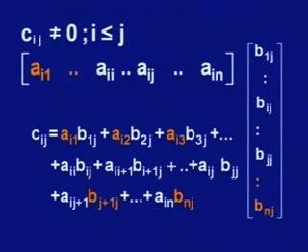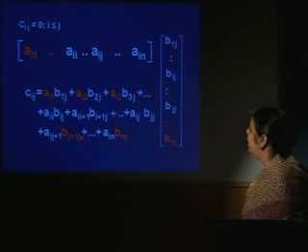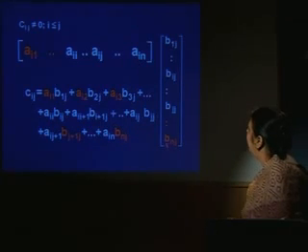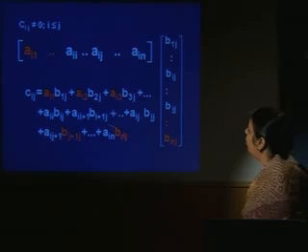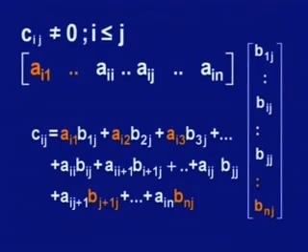So what we have is Ai(j+1) B(j+1)j, this is 0, and the same thing happens with the last element Ain Bnj. So all these terms will not be contributing, Cij is not 0 because some of these terms will not be 0. So Cij is not 0 when i is less than or equal to j, and that proves our result that the product of two upper triangular matrices is also an upper triangular matrix.